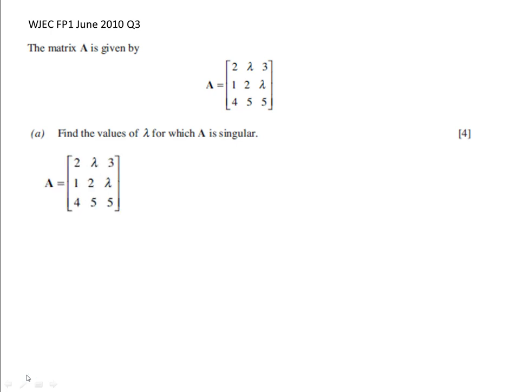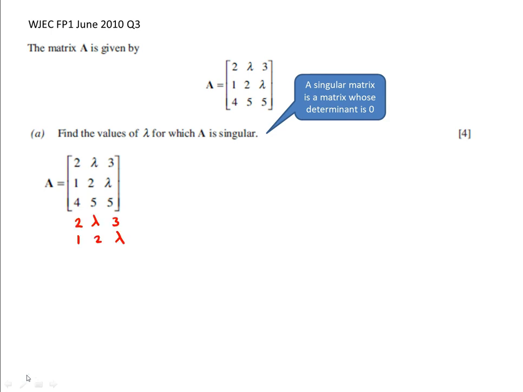So there's our matrix A. Now a singular matrix is a matrix whose determinant is 0. So we've got to find the values of lambda for which the determinant of A is 0. To evaluate the determinant, we can repeat the first two rows of the matrix A,